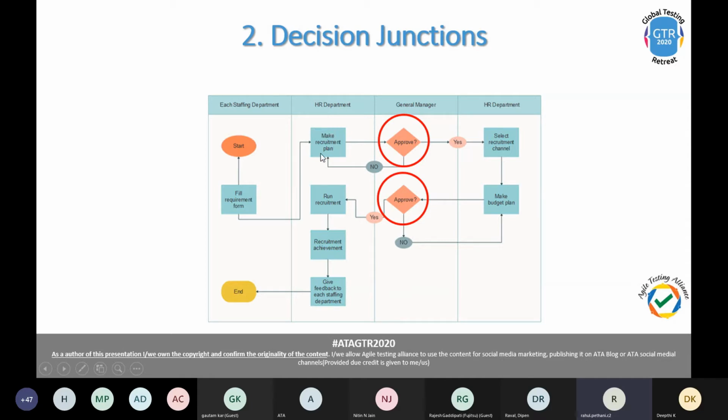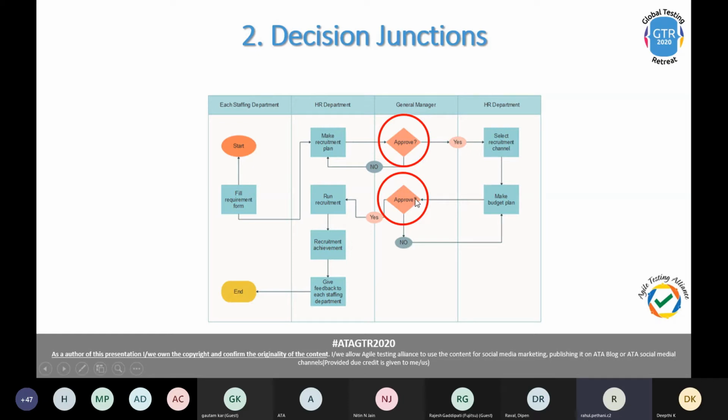There is make recruitment plan. After make recruitment plan, there is this approve decision junction. If the approval is yes, it goes to the HR department. If approval is no, it goes back for the make recruitment process.